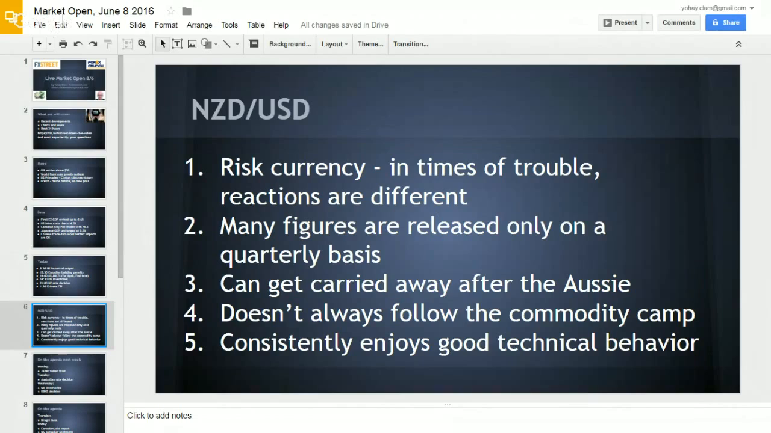I see questions here about this. Well, Fabian asks, how much is the Kiwi dependent on Chinese data? Well, the easy answer is much less than the Aussie. Okay, but